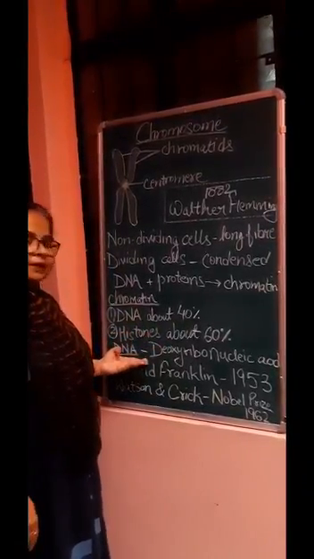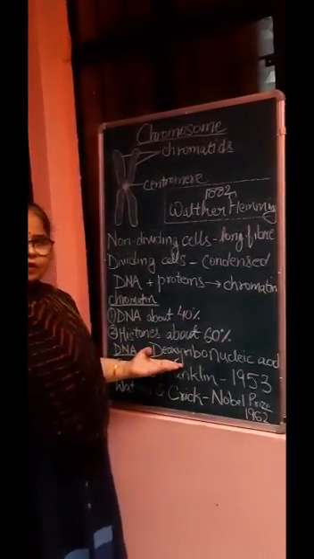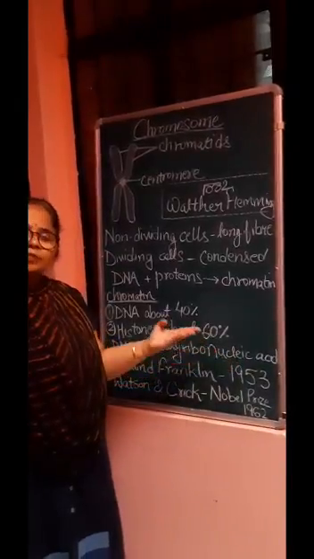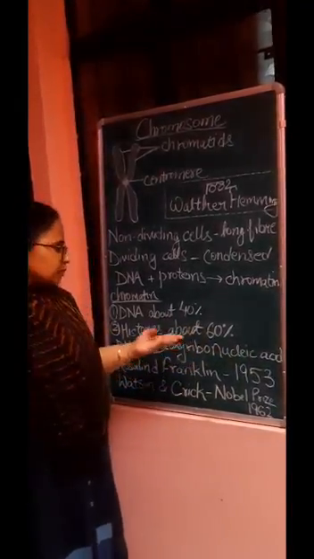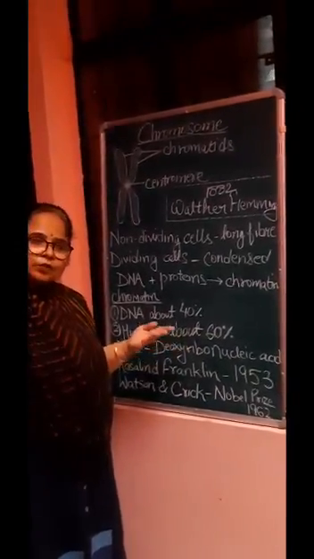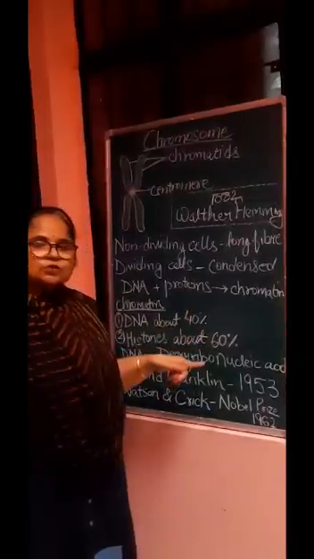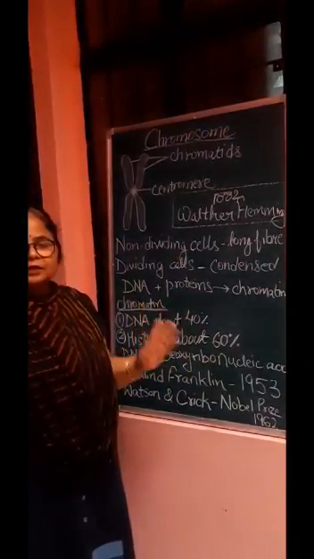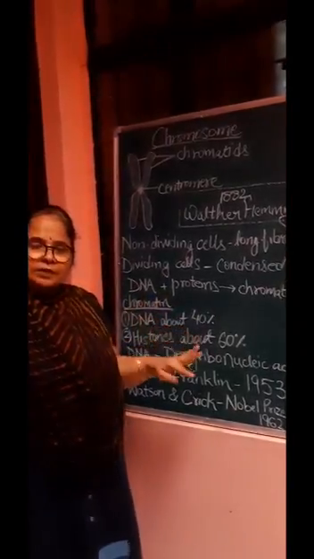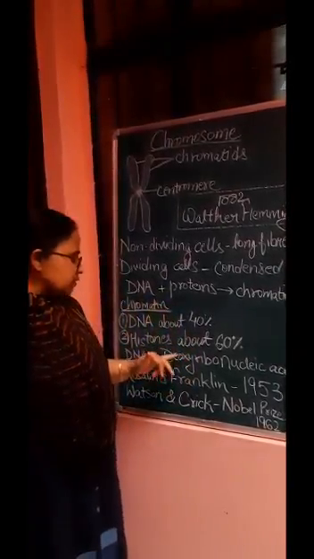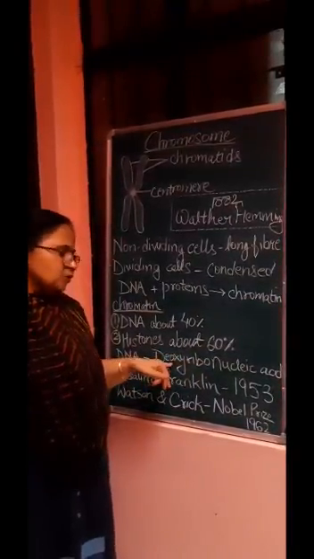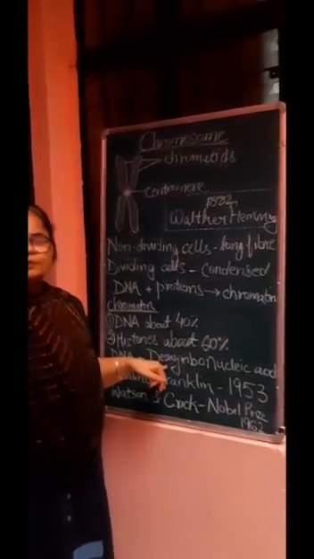Now, the full form of DNA, I am sure you all are aware, is deoxyribonucleic acid. Children, please be careful. In your exam, do not write DI, that is di. The minute you write DI, your answer becomes wrong and you will get a 0. There is a difference between di and de. Di means two, de means to remove. So, here it is deoxy, in which one oxygen is less. That is why the term deoxy. So be very careful with the spelling in your exam.